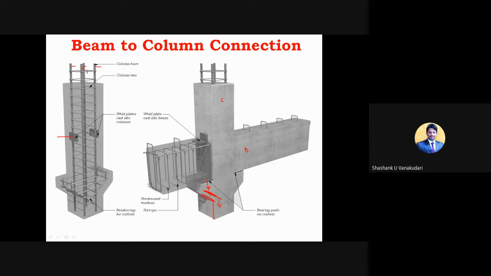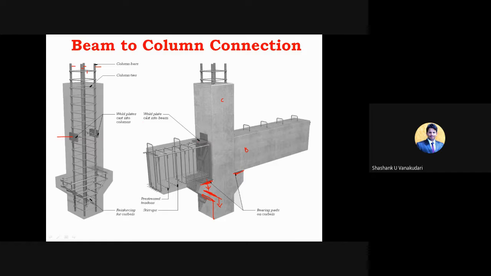And here you can see these pre-tensioned pre-stressed tendons, because this entire beam is going to rest on this additional portion of the column, yeah, this additional portion. So this entire thing is suspended, I mean, suspended structural members, what we can consider. In that case, they provide these pre-stressed tendons so that it is able to carry the additional loads, especially after the connection of these two structural members.